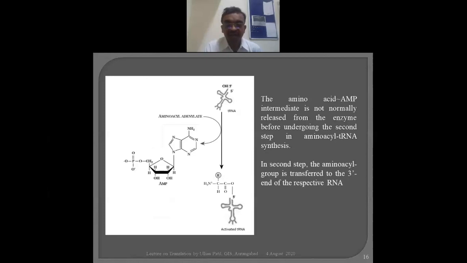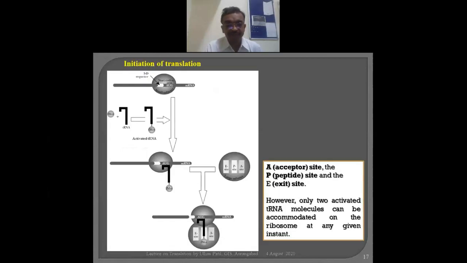Now here so many tRNAs are ready, tRNA with the amino acid. This is referred to as the activated tRNA or charged tRNA. Why? Because now the amino acid is coupled with them, and these are present in the cytoplasm abundantly. Just like transcription and replication, the translation process also follows three steps. First is the initiation of translation, another is the elongation of translation, and last is the termination of translation.